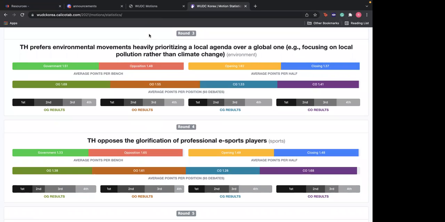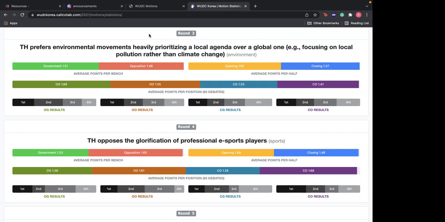Okay, so the question in the chat is, what if the opposition has a different idea of glorification? This is something called a definitional challenge, and something we'll cover in future videos and future workshops, because this becomes slightly more complex. I'll try to answer this question in brief. If opposition has a different definition, then both teams also have to argue on what is the correct definition and then provide their points. This leads to very messy debates, because if you can't agree on definition in the first place, then it's very hard to agree on the points, because you're operating under very different definitions.